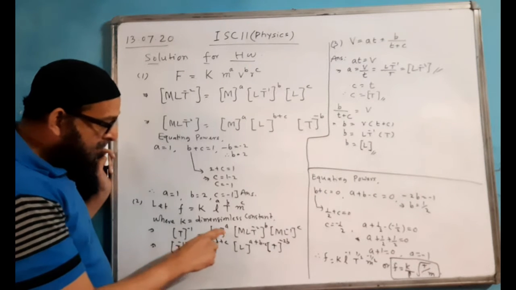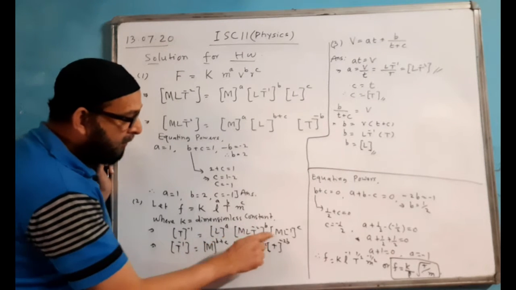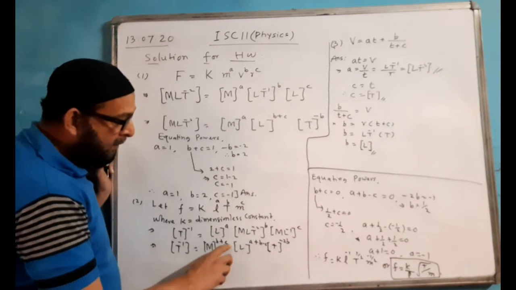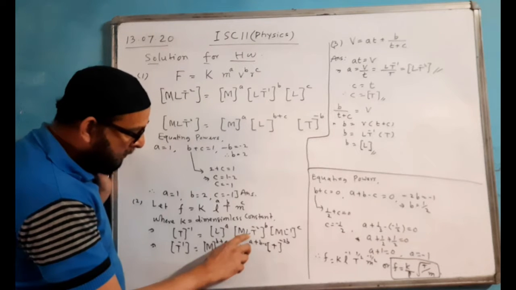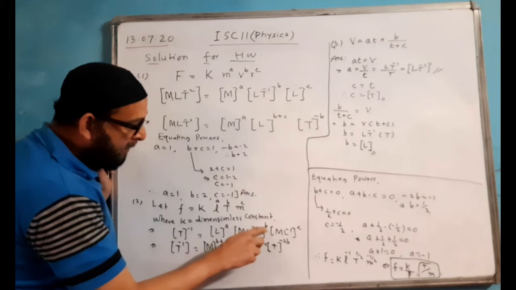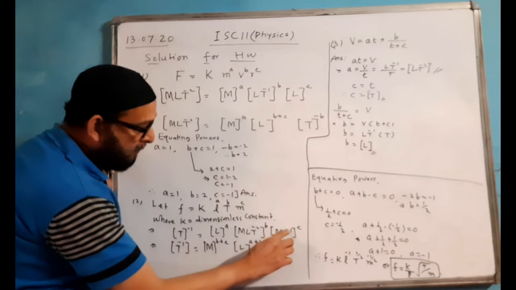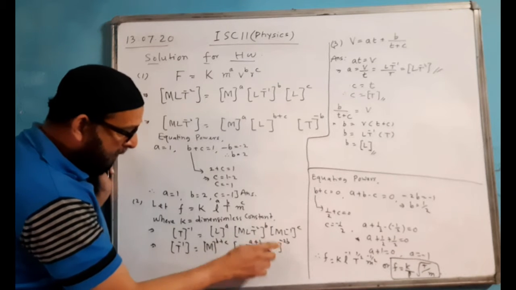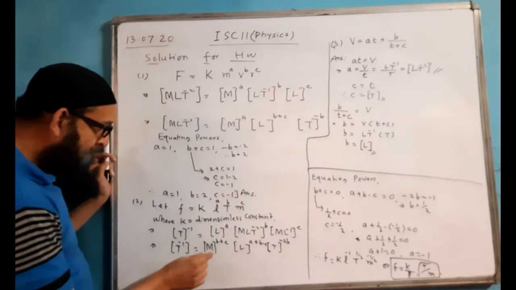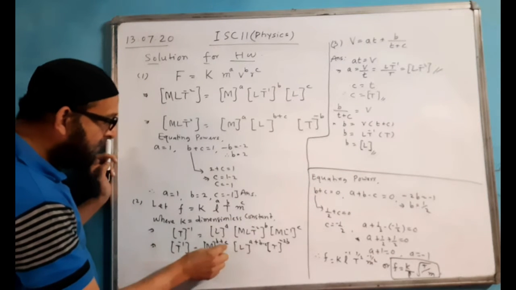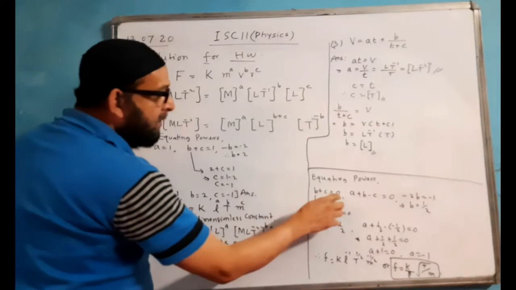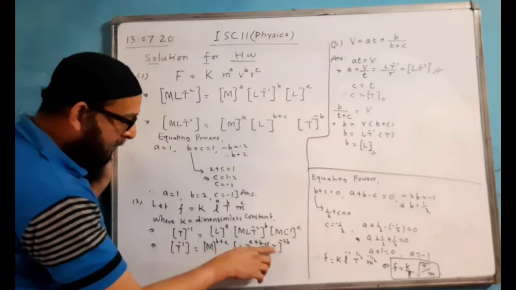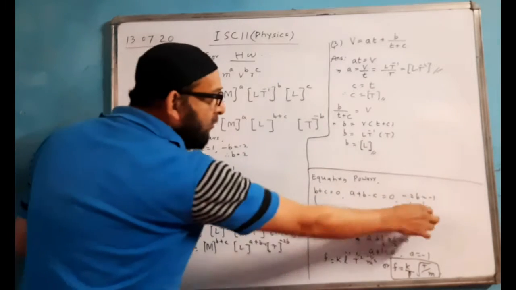Here we have T to the power minus 1. Keep the powers of M together. Power of M here is b and here is c, so it becomes b plus c. L powers we are also putting together: L power here is a, here it is b, and here it is minus c. And T to the power we have minus 2b. So now equating powers the same way. b plus c, there is no M here, so M to the power 0. So b plus c is 0. a plus b minus c is again 0, because there is no L here. And minus 2b is equal to minus 1, so b comes out half.